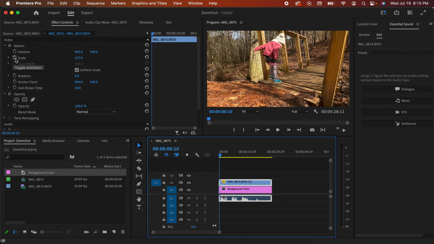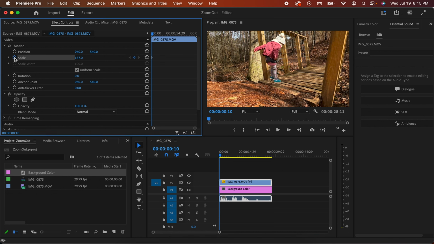And that's what this little icon is here, kind of a stopwatch. And that just means that we can set a certain scale number at one position of the video, and then we can change that position at another point in the video. So the way that you enable it is by clicking the stopwatch here. You can see this little diamond. That just means that at this point in our video, so we're kind of at the beginning,